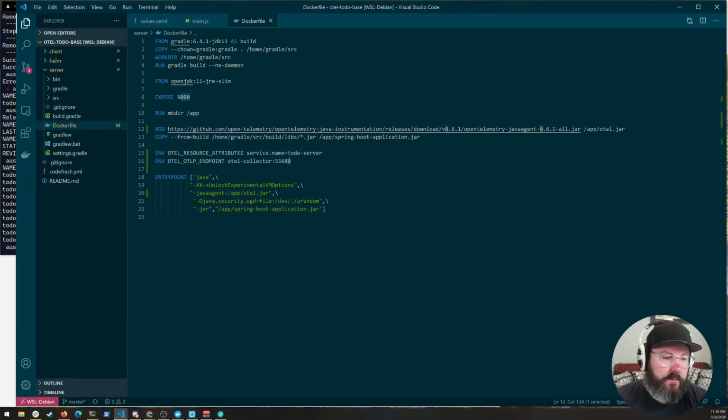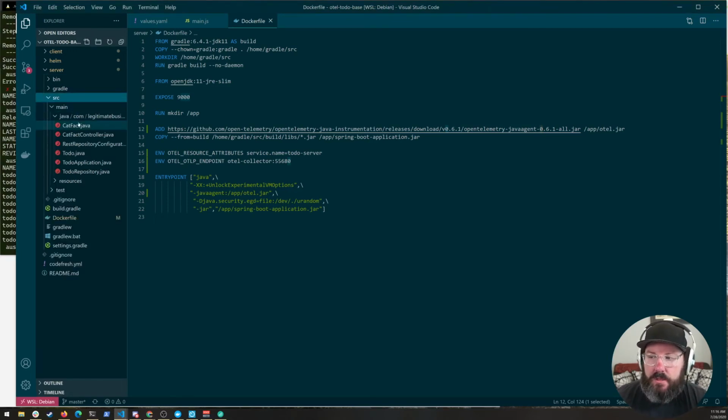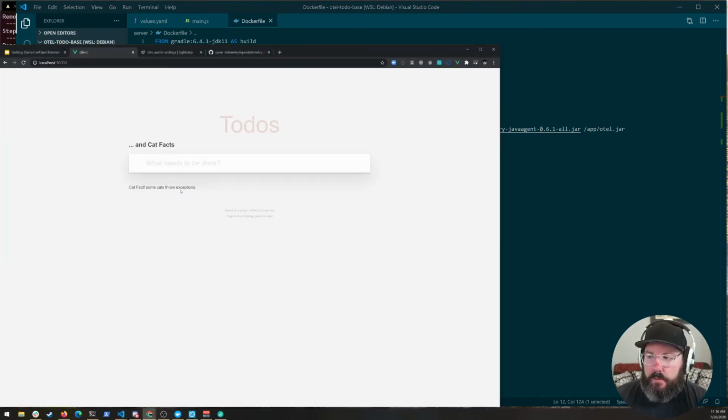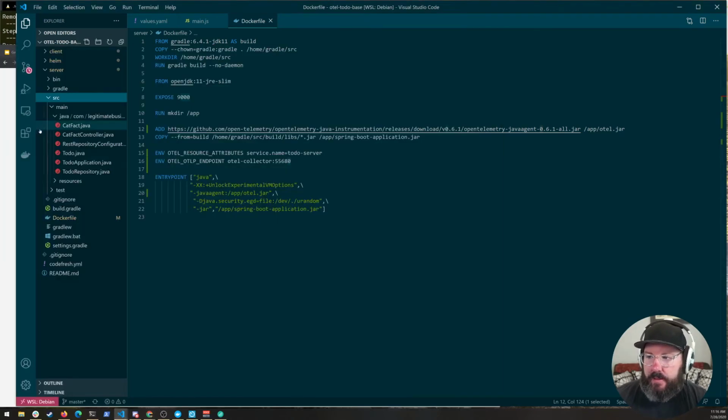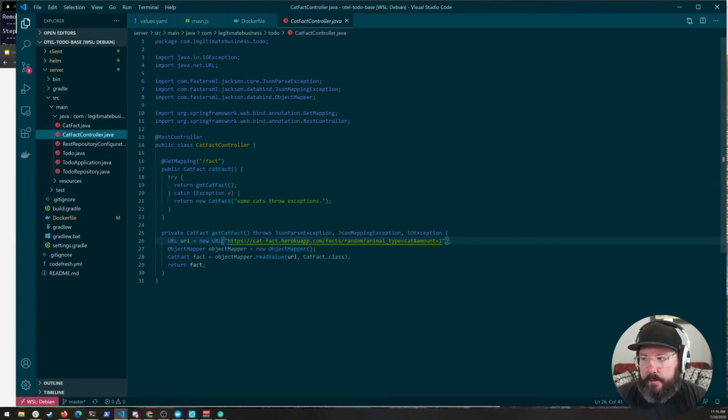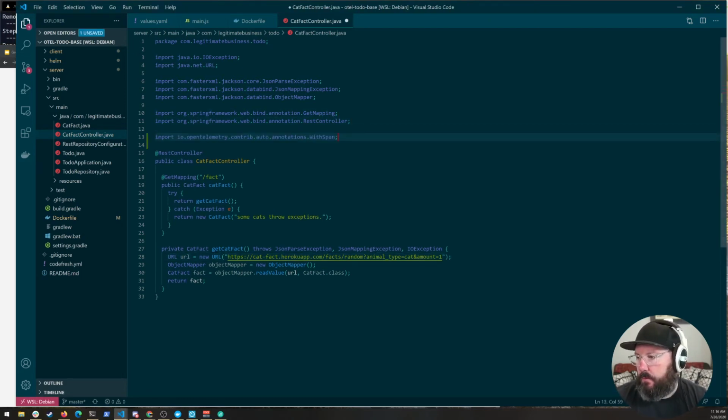However, there is some other stuff we can do with this. Like I said before, you might want to mix automatic and manual instrumentation. So since I know that my problem is in this cat fact class, or this cat fact controller somewhere, I can go in and add an import to